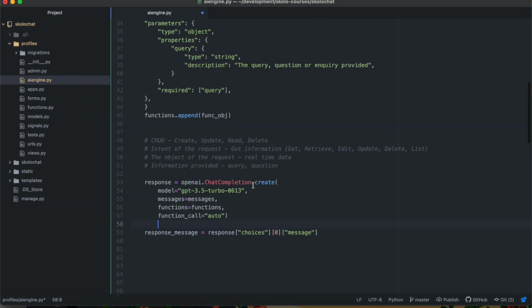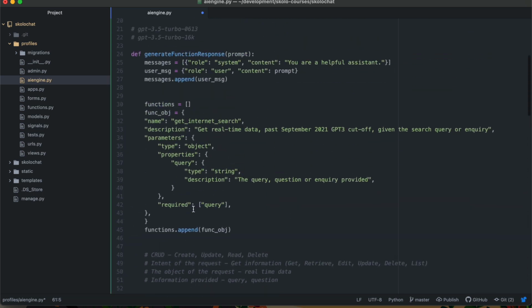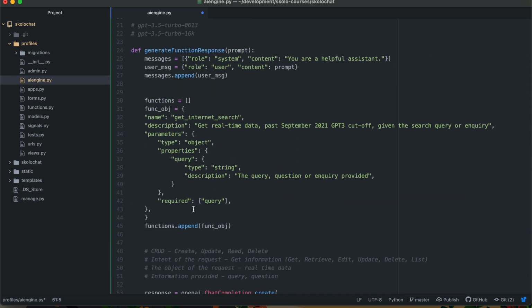So let's actually run this, right? And print this message. Let's run this in the shell and see what this message will look like. Because what functions does, right? The function itself is not going to do the API call to Google or whatever it is. The function is going to look at the prompt, the question that the user is asking, the question that is being fed to ChatGPT,